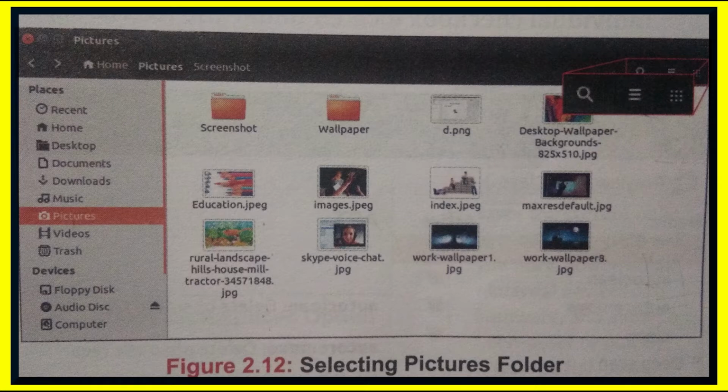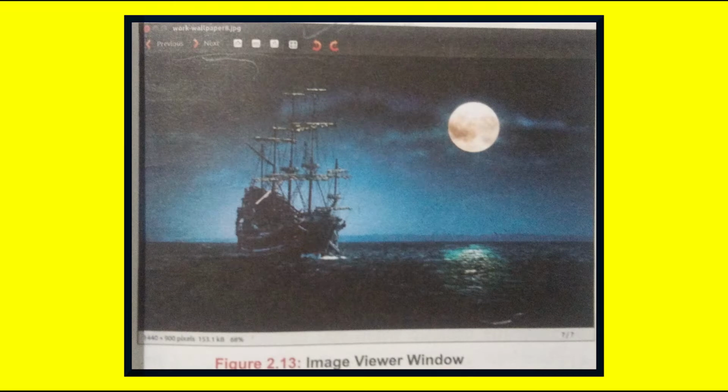Double click on the picture to open it. The picture will open in the image viewer like this. You will get various buttons at the top of the picture which help you in managing the picture view. For example, viewing the previous or next image of the gallery, enlarging or shrinking the picture to view the image in its normal size or fit the image in the window, and rotating the image 90 degrees towards left or towards right. All these icons serve their respective purposes.